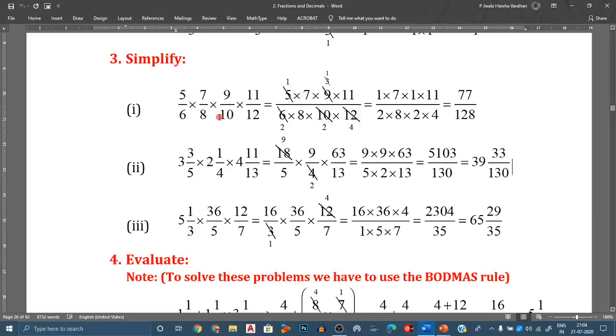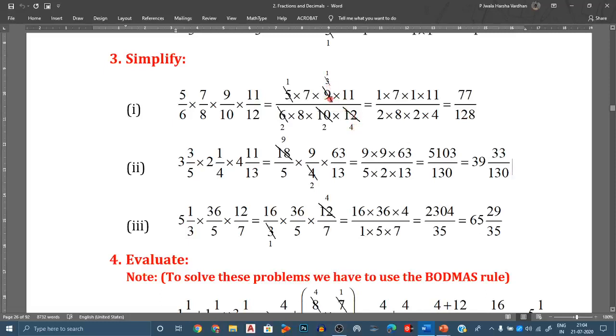Next here 6 and 9 have the common factors. So divide by 3 table you can divide, otherwise first you take 9 and 12. I have taken 9 and 12 here. 3 3s are 9 and 3 4s are 12. So 9 and 12 also have the common factor 3. I am dividing by 3. So 3 3s are 9, 3 4s are 12.